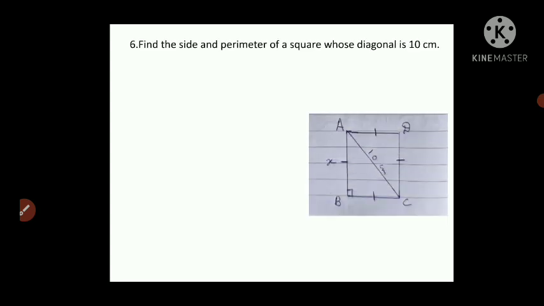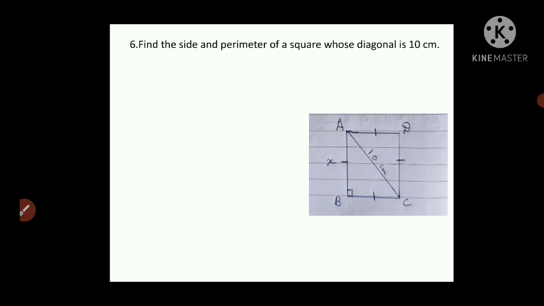We will move on to next question, that is question number 6. I will be solving maximum sums, students, don't worry, I will be solving maximum sums, but I am not taking serial order. We will go sum according to the level, from easy to difficult level. Now here 2.1 is very easy, nothing is difficult, so no need to worry.